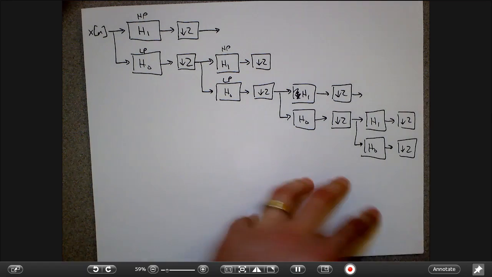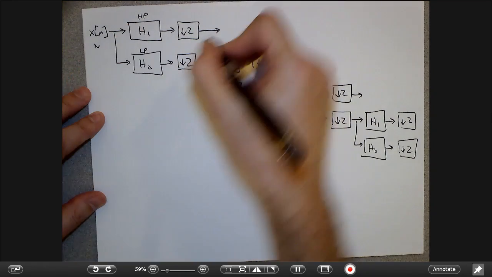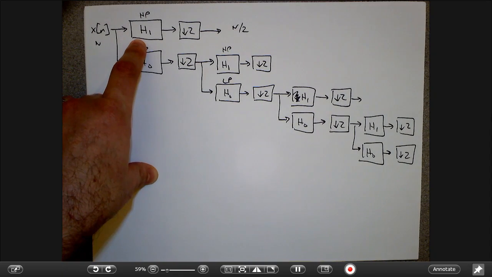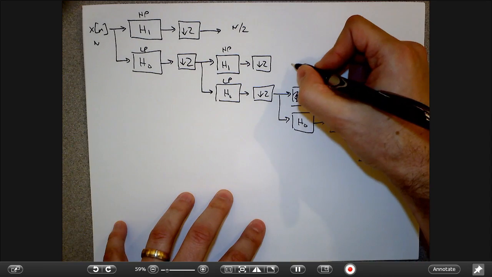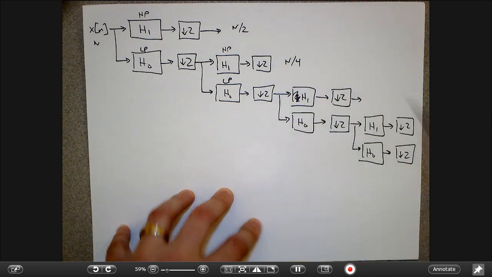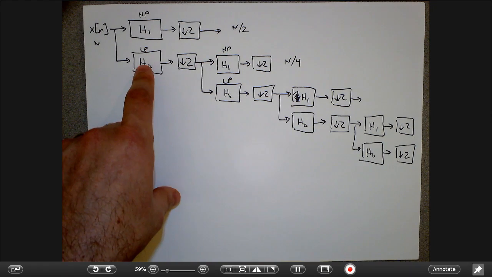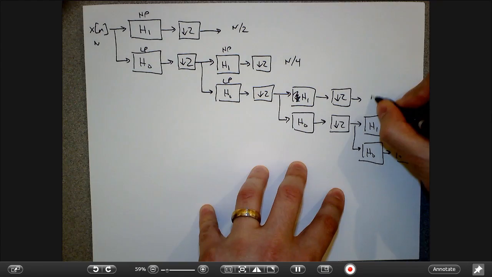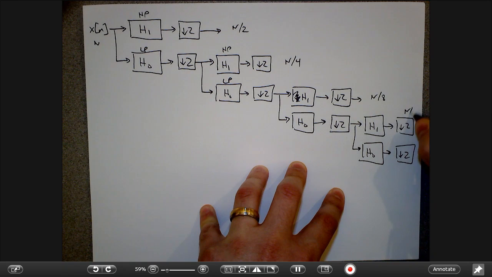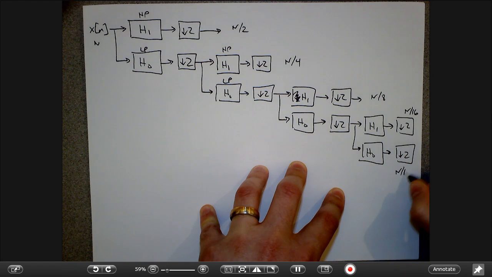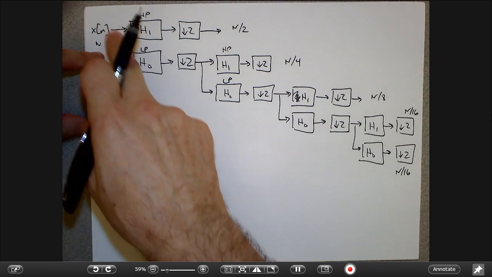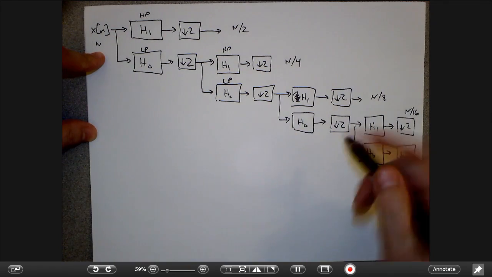And so the idea is that if I had n numbers here, then I'm going to have n over 2 numbers that come out of my very first high-pass filter bank. I'm going to have n over 4 numbers that are like low-pass filter, then high-pass filter. Then I'm going to have n over 8 numbers here, n over 16 numbers here, n over 16 numbers here, right? And so the way I think about this is the thing that I get at the very lowest end,